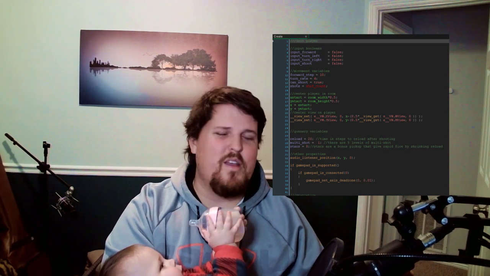The other main reason why I'm choosing to change engines instead of just using Gamemaker Studio, because all those are kind of negligible, is going to be the GUI interfacing. So with Gamemaker Studio, you pretty much have to code a game user interface from scratch every single time you make a game. And while you can do that, the game I want to make is going to be very, very heavily focused on the game user interface. It's going to be more like a card game, and I think because of that, it's going to be incredibly difficult and require a lot of work to do that in Gamemaker Studio that I really don't want to do. So I think I'm going to try to make it in Godot.